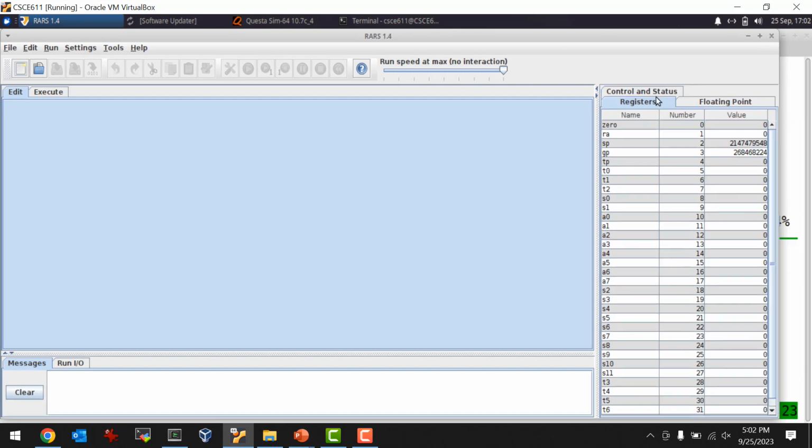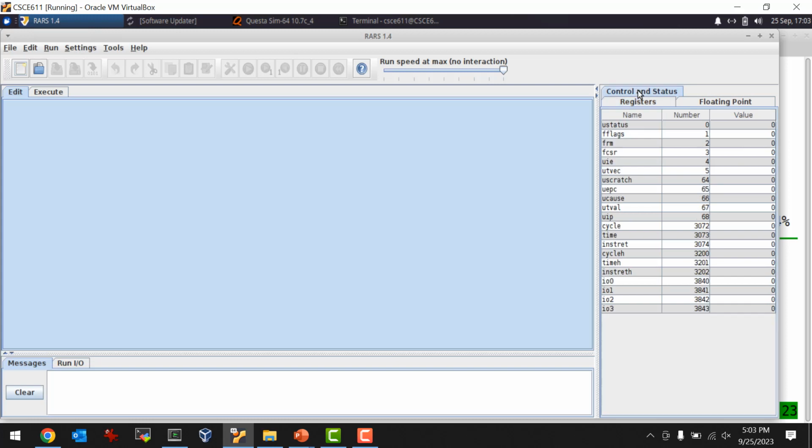If you go to control and status, my TA Charles modified the code of RARS and he added IO0, IO1, IO2, IO3. These are the IO registers we're going to use in class. And so if you run the special RARS, not the one that's on GitHub, this is our RARS, you can actually use these to define the switches on the board and the hex displays.